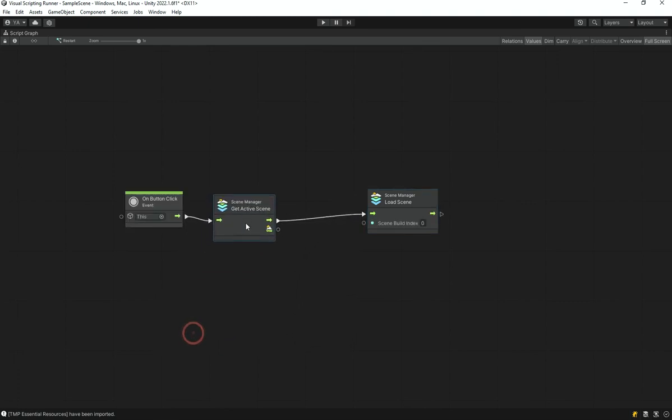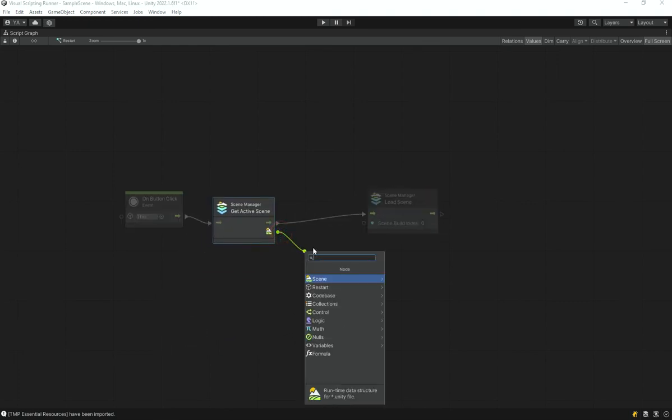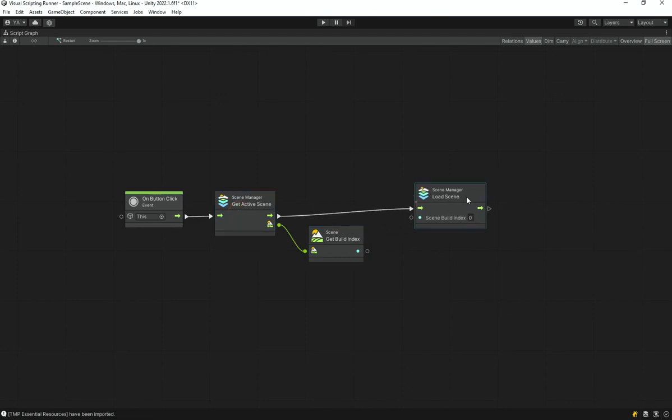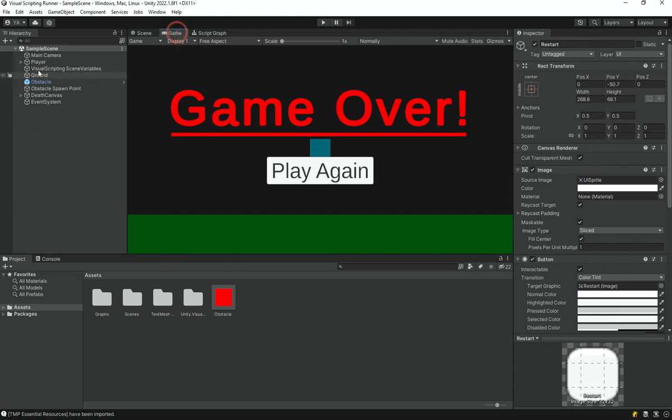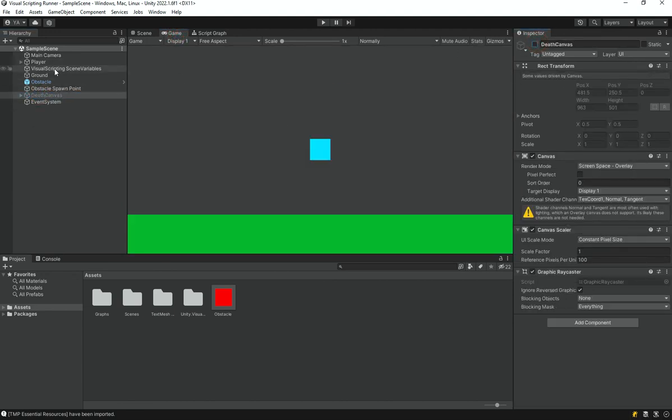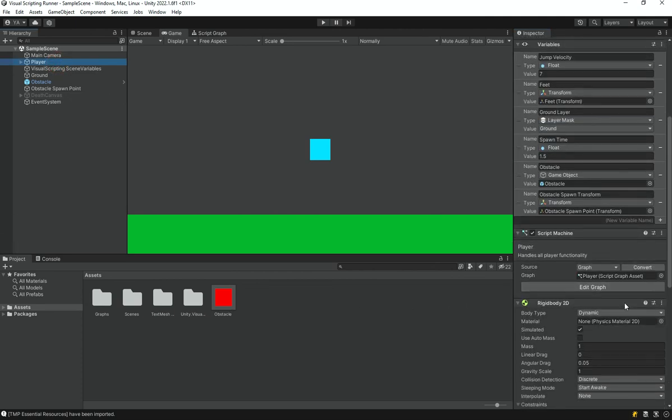So once you have done that, what we can do here is say get scene, and then for this we can say build index, and then we can use this build index to load the scene. So now it should actually work, and of course we need to only display it when it is the correct time. So I'm going to disable that, open up my player script, edit graph,